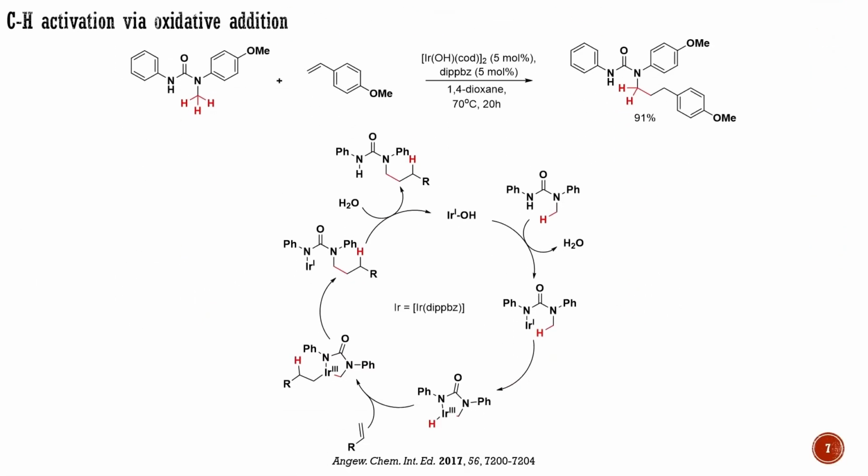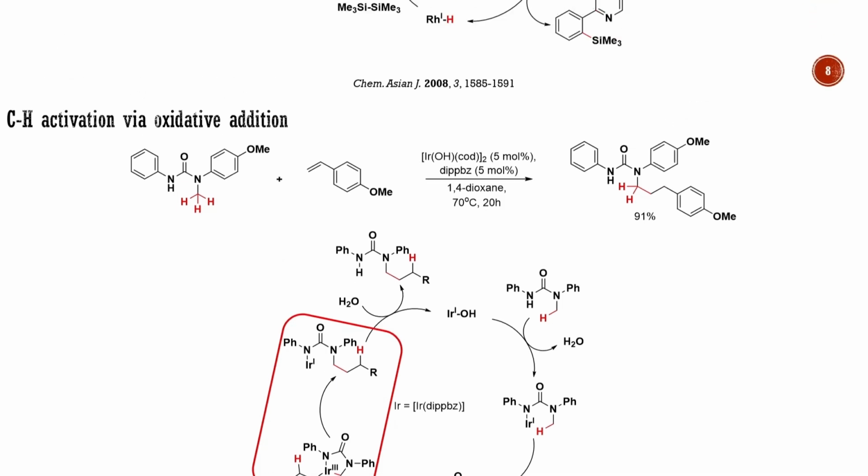As an example, let's consider the iridium-catalyzed C-H alkylation of urea derivatives. In this reaction, the amide acts as a directing group, guiding iridium(I) to the nearest C-H bond. The oxidative addition of iridium(I) to the C-H bond generates an iridium(III) cyclometalated intermediate, which undergoes a syn insertion into the olefin, generating this intermediate. The final stage of the process is reductive elimination, which, upon hydrolysis, produces the product and regenerates the active catalyst,